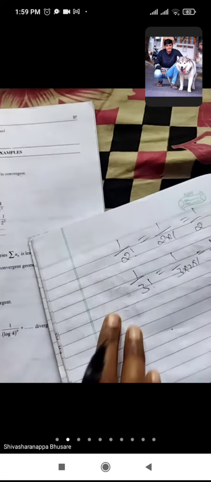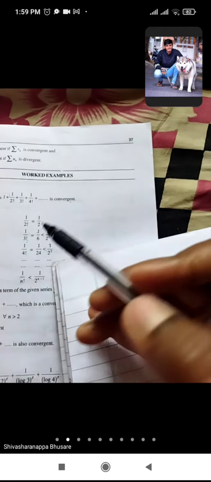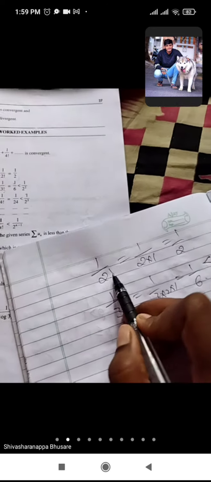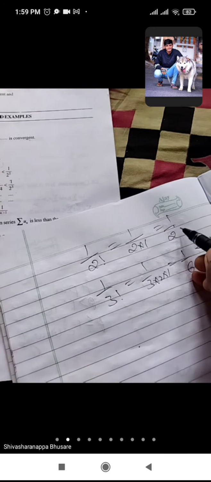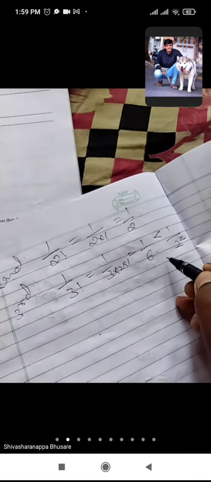Next, observe the pattern here. We are getting the pattern like 1 by 2, 1 by 2 square, and the next term will be converted in terms of 1 by 2 cube, and so on. The nth term should be in terms of 2 to the power of n minus 1. See here, the second term has power 1, so the power is one less than the term number. The second term has 2 to the power of 1, and the third term has 2 to the power of 2,